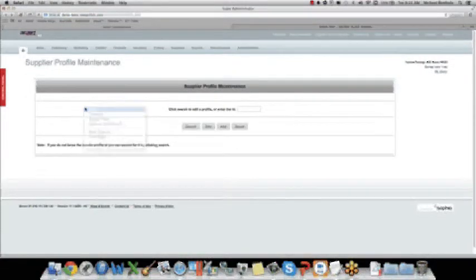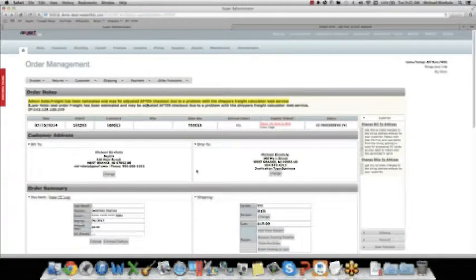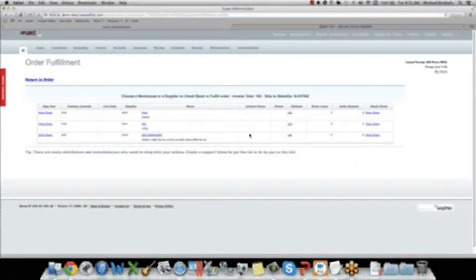Now I'm hitting my back button. I want to go back to the order, because from here I'm going to now fulfill my order. Now I'm looking at my outline to see if I've gone past what I'm supposed to be doing here, and it looks like no. In fact, I didn't even have order fulfillment on my outline, so it's a good thing that I caught it. If I click on send one of one to WHI, what the system's doing right now